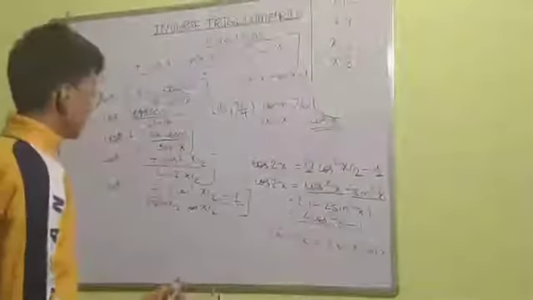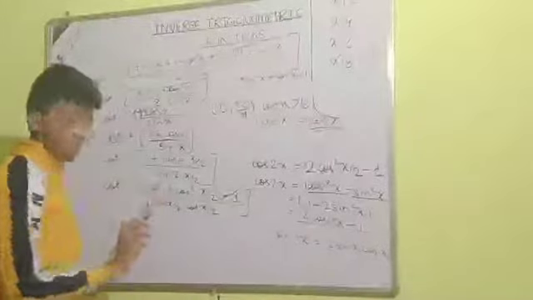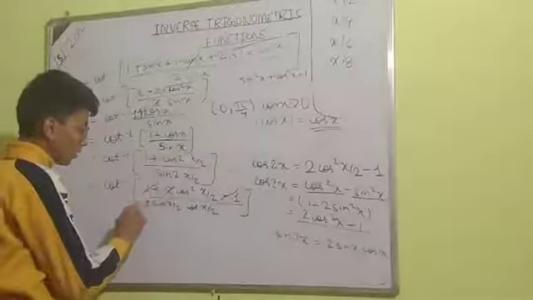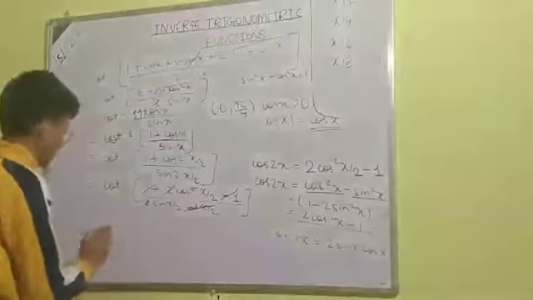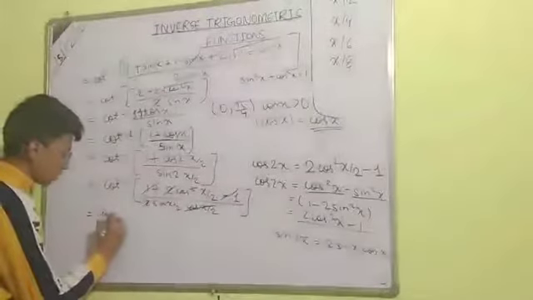Now it is so easy, minus 1 plus 1 get cancelled, 2 and 2 get cancelled, 1 cos x by 2 gets cancelled, so that is cot inverse